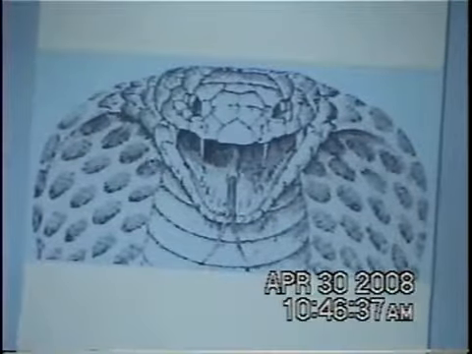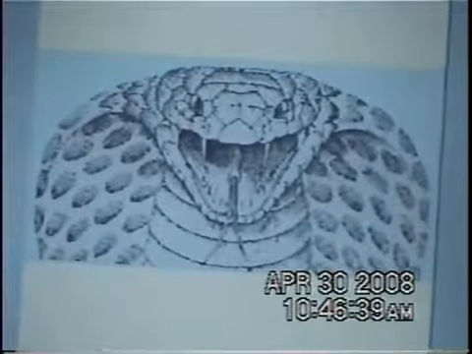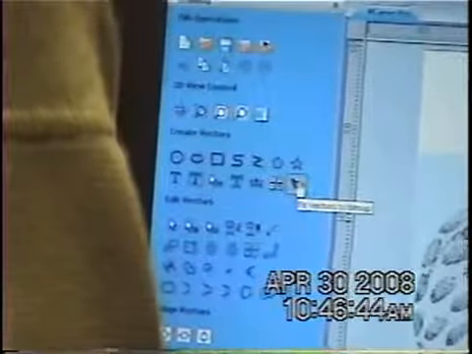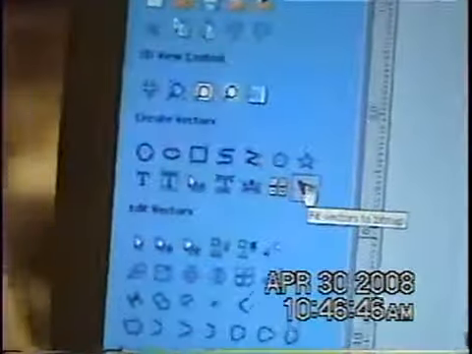All right. I'm gonna tell this that I want to, where am I at here? Fit vectors to the bitmap. Vector,